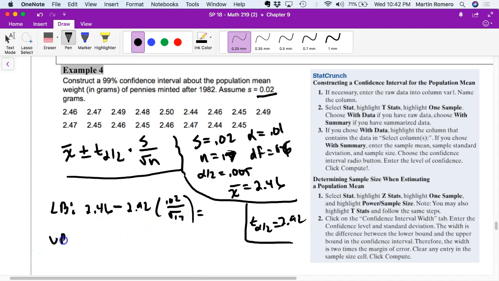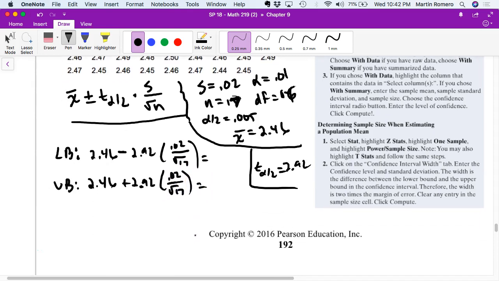Your upper bound is going to be 2.46 plus 2.92 times 0.02 all over square root of 17. And that's going to have a value. Punch that stuff in the calculator, see what you get. If you do the calculations, you should get 2.448 is the lower bound,